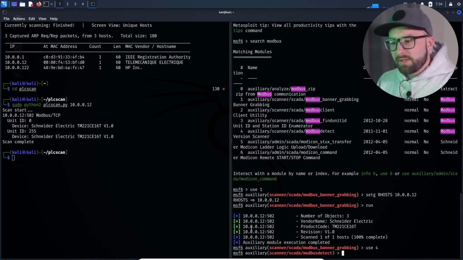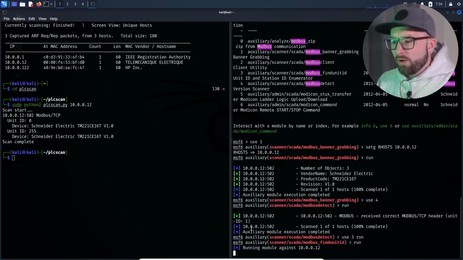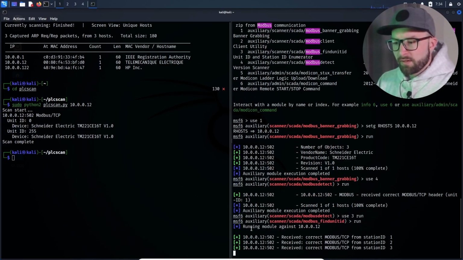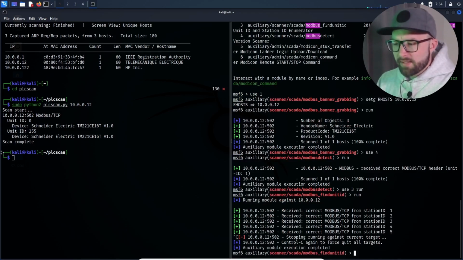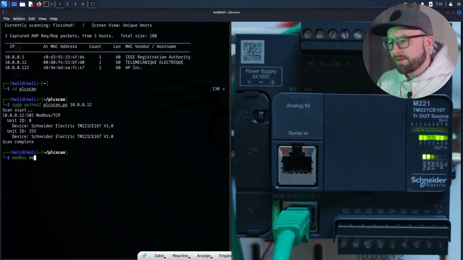The next module detects the Modbus service on the device. Then, the attacker loads the next module, which is used to detect the station ID. However, this module finds more than one station ID and the scan is aborted because the station ID must be unique. Next, the attacker uses the Modbus command line interface, a tool designed for direct interaction with the memory content